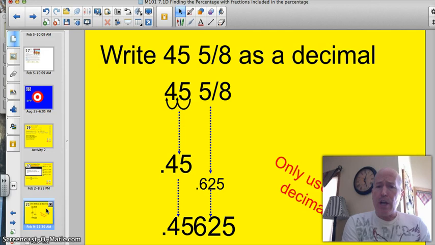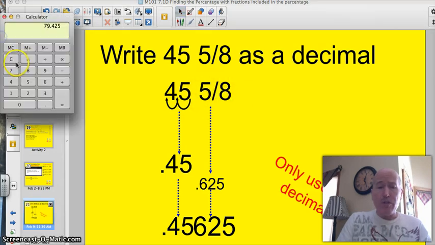So we need to write 45 5/8% as a decimal. Well, here's the 45. The first thing we do is we divide by 100, so we move that decimal to the left 2 places. So we have 0.45. We do the same thing here with 5/8. We need to turn that into a decimal. So we just remember that